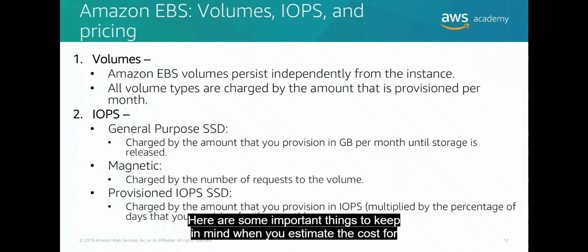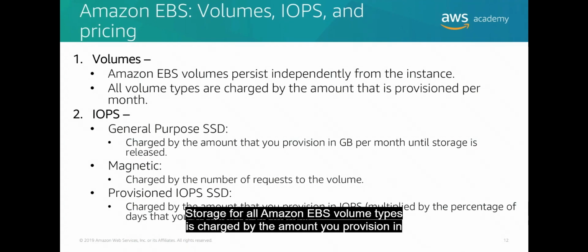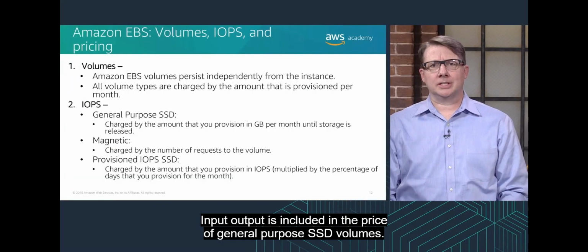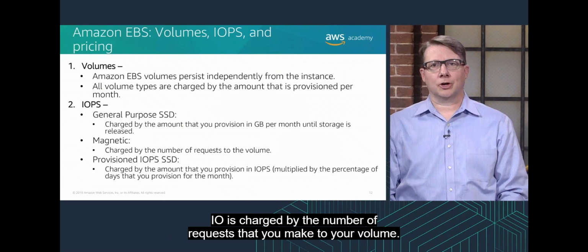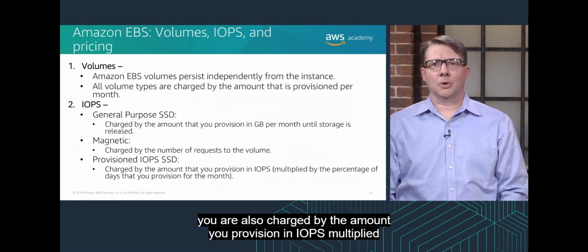Here are some important things to keep in mind when you estimate the cost for Amazon EBS. Storage for all Amazon EBS volume types is charged by the amount you provision in gigabytes per month until you release the storage. Input-output is included in the price of general-purpose SSD volumes. However, for Amazon EBS magnetic volumes, I/O is charged by the number of requests that you make to your volume. With provisioned IOPS SSD volumes, you are also charged by the amount you provision in IOPS multiplied by the percentage of